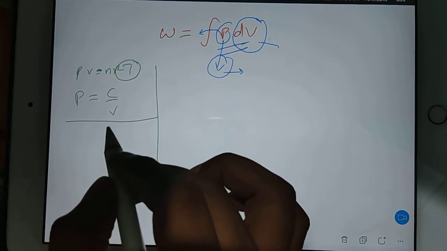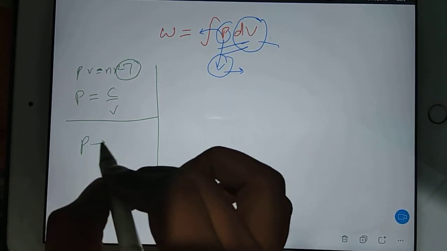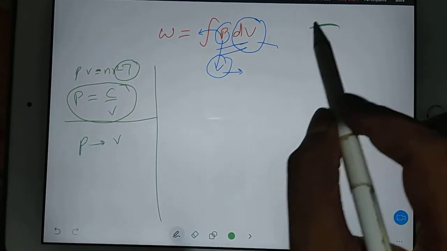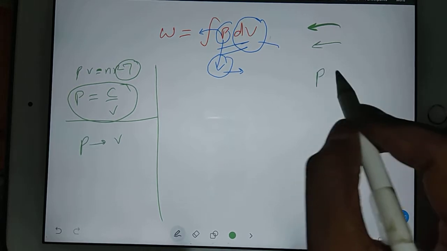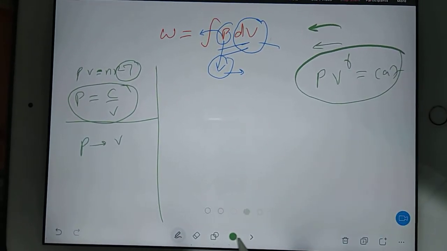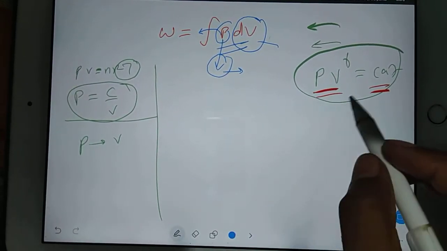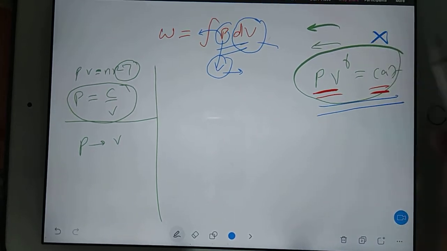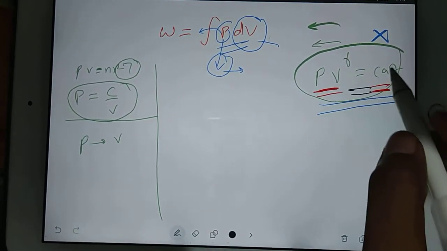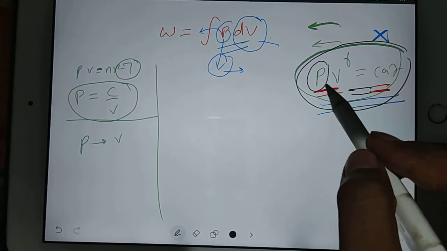Now if you go for some other law, then in every law you have pressure in terms of volume, but not with this formula. In the same way, right now we are doing adiabatic. So for adiabatic, we have PV power gamma is equal to constant. This is the adiabatic law. PV power gamma is equal to constant. Now there is a proof for this equation, but we are not going to prove this equation. So by using this formula, you can develop pressure in terms of volume.